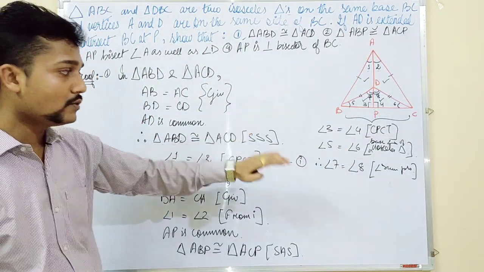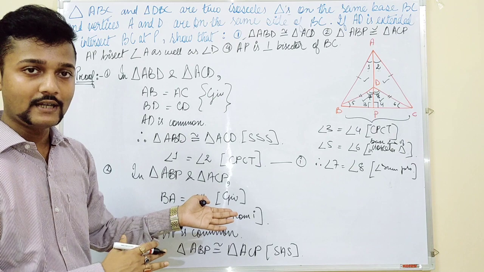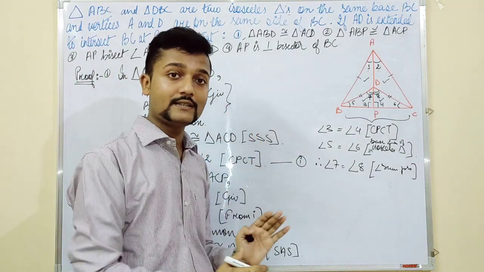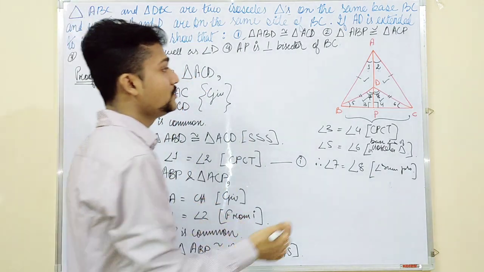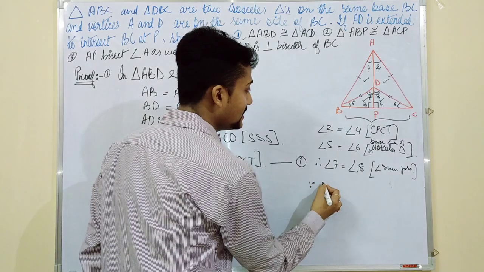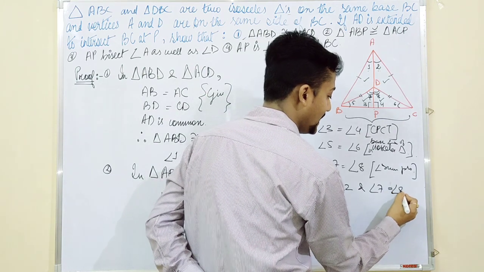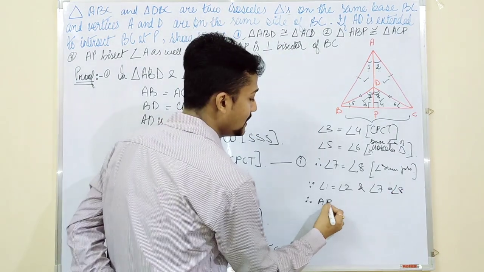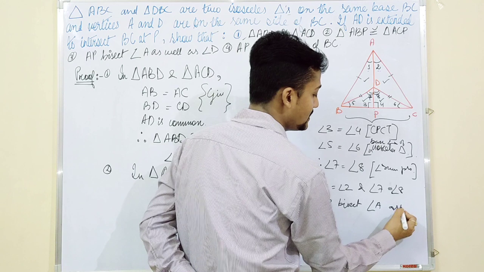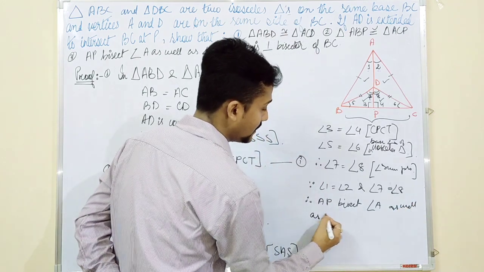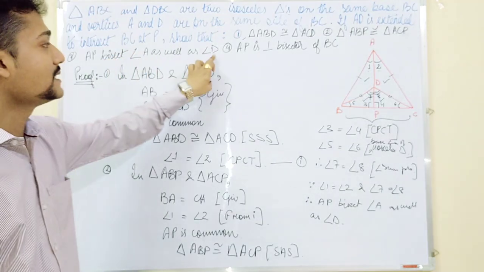If you want to show the calculation part, you can easily show that. I have not shown it here because we have done so many things before, and after understanding so much, we can skip one or two steps. So with this, we have come to the conclusion that angle 7 is equal to angle 8. Since angle 1 is equal to angle 2 and angle 7 is equal to angle 8, therefore AP bisects angle A as well as angle D. Got till this much?